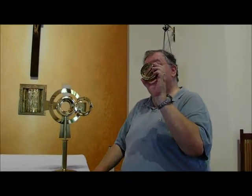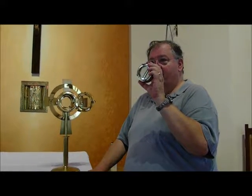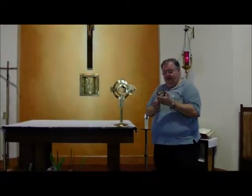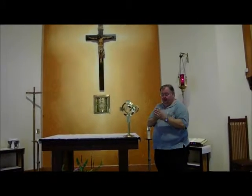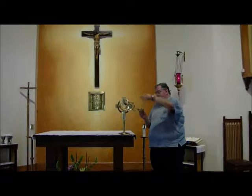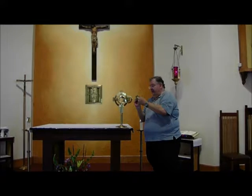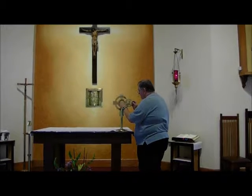This piece. Even Jacob, if you know this, it's called a luna, because a lot of them are shaped like half. This is not so obvious, but they're shaped half. They're just meant to hold the host, and they kind of look like the moon, so it's called luna. So you see, this part here opens like that, and the consecrated host gets put in there, and then that gets closed, and then this fits in here,